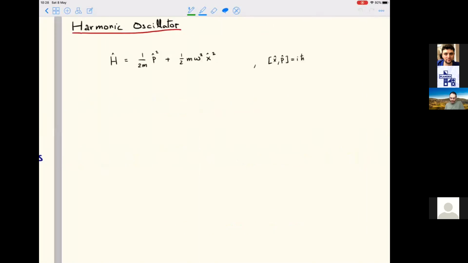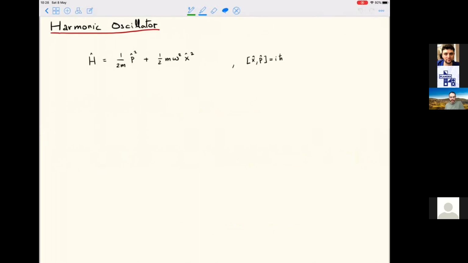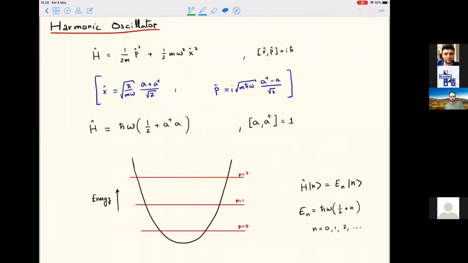So, quantum mechanics. This is the standard harmonic oscillator at frequency omega, so a particle moving in a quadratic potential. This is how you solve it, right? This is review of your quantum mechanics 1. You just introduce creation and annihilation operators, A and A dagger, and the Hamiltonian becomes just A dagger A, plus a constant, with these standard commutation relations. And therefore, the eigenstates of the Hamiltonian have a discrete spectrum,